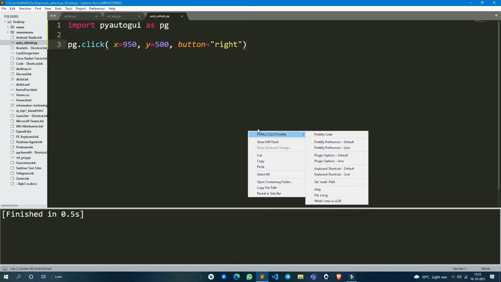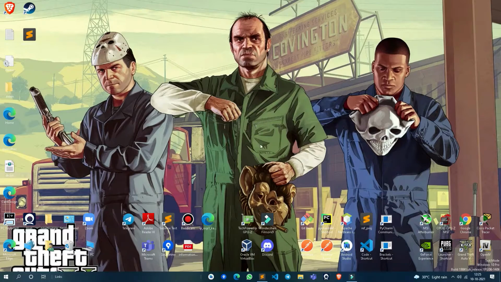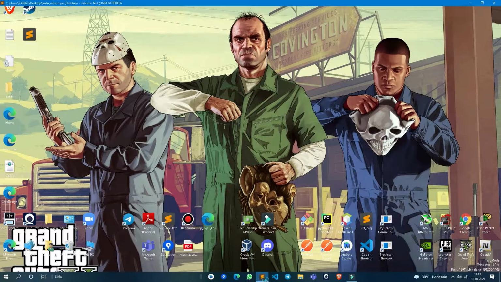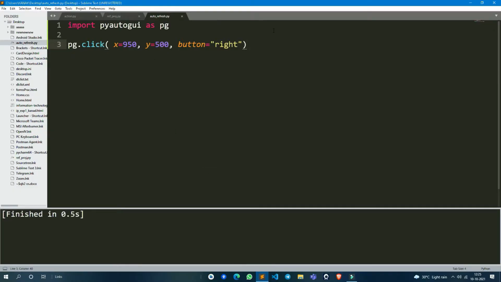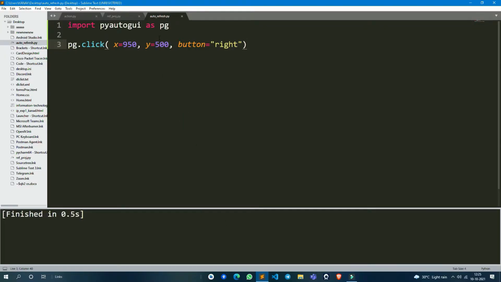But there's one problem. It is clicking and working correctly, but we want this to happen on our desktop, so we can refresh. So what we're going to do is close this Sublime editor programmatically and then run the script there automatically. For that use pg.hotkey.